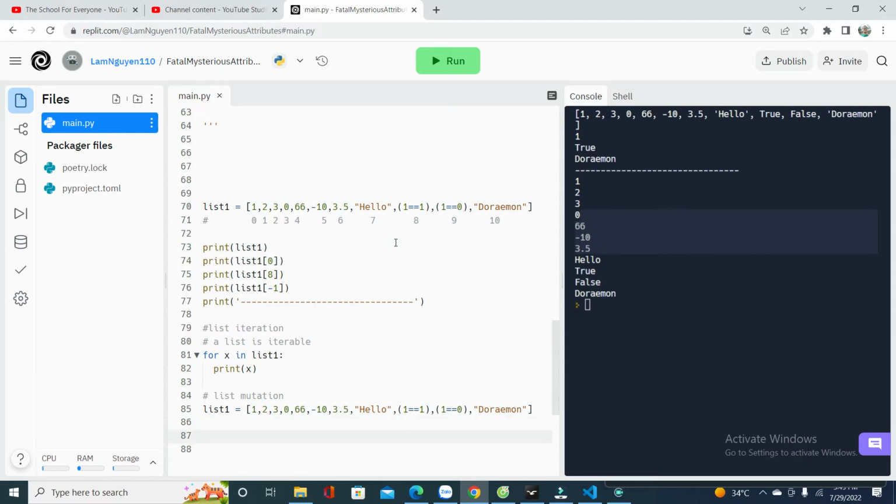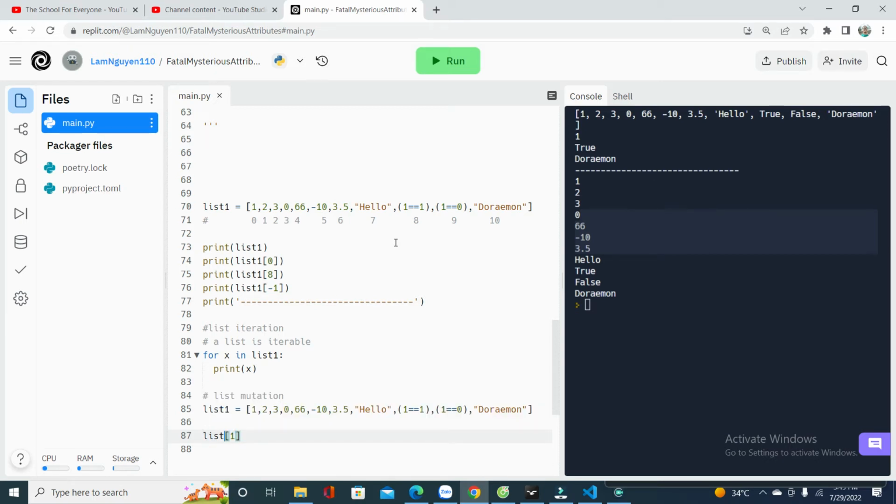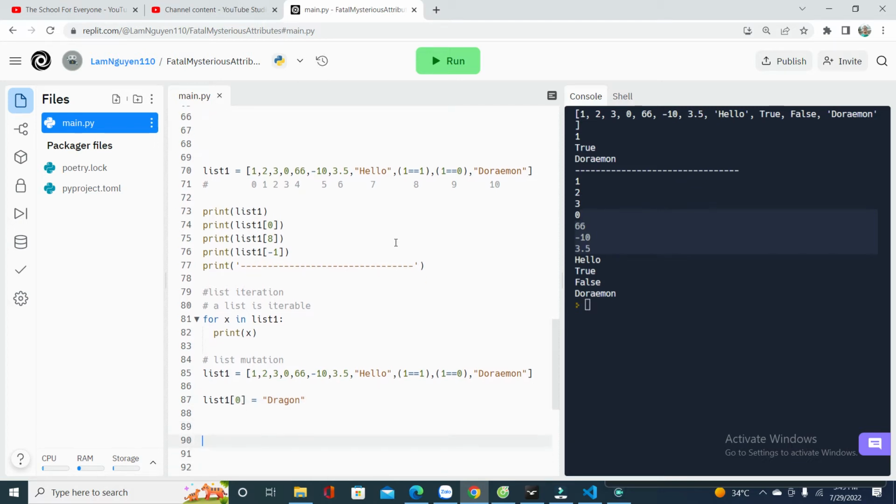So now, if you want, you can see the 0 element. We know that list 1, number 0, the first number of the list, is now equal to 1, right? But if I want to change this first element, or any element inside the list, I can change it to anything I want. For example, I want to change the first element into, like, a Dragon Ball. I just say dragon for simplicity, and then I can print out this one, and it's going to change